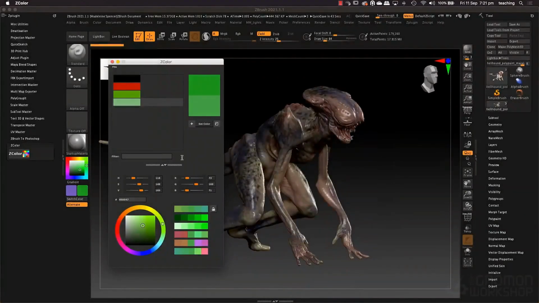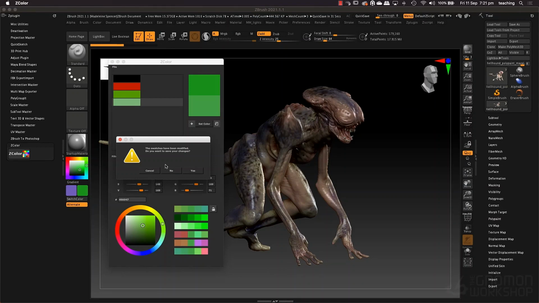Now let's take a look at one of the very unique things about Zcolor. This will allow us, if we go to File, Save As, to save this swatch or this set of swatches as a palette. So if I go to Open, I don't want to save these particular swatches, so I'll say no. And what I'm going to do is open up my swatches that I have saved